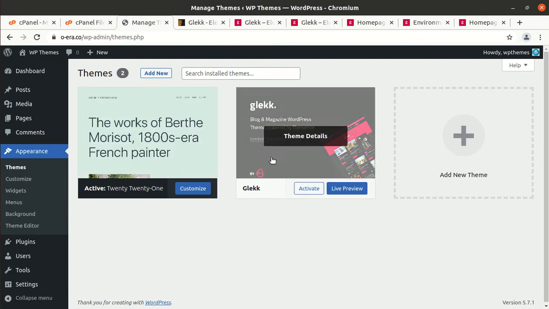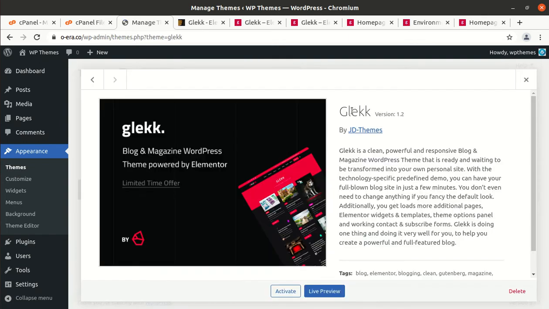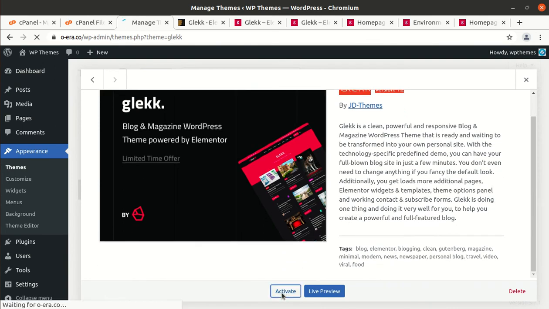And now we have Glekk as another theme option. Let us check the details. This is Glekk version 1.2, and Glekk is a clean, powerful and responsive blog magazine WordPress theme that is ready and waiting to be transformed into your personal site. Okay, fine. So we can activate it now,